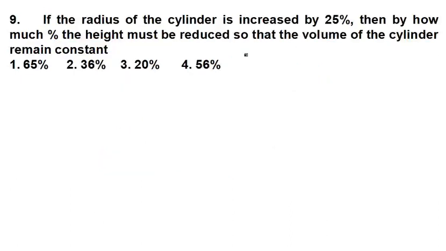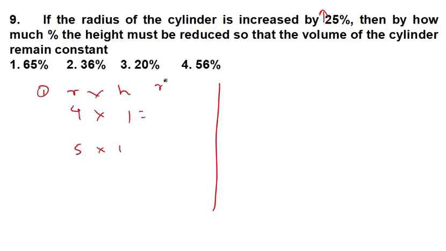I think this is the same question. Here what happened? Here the radius of the cylinder got increased. Fine. I'll do one method. The other method you have to do by yourself. What happened? R square into H. Here the radius got increased by 25, means before it was 4, now it becomes 5. We did not know the height, so height will be 1. But here volume means R square H. So this is 4, it will become 16 and it will become 25.